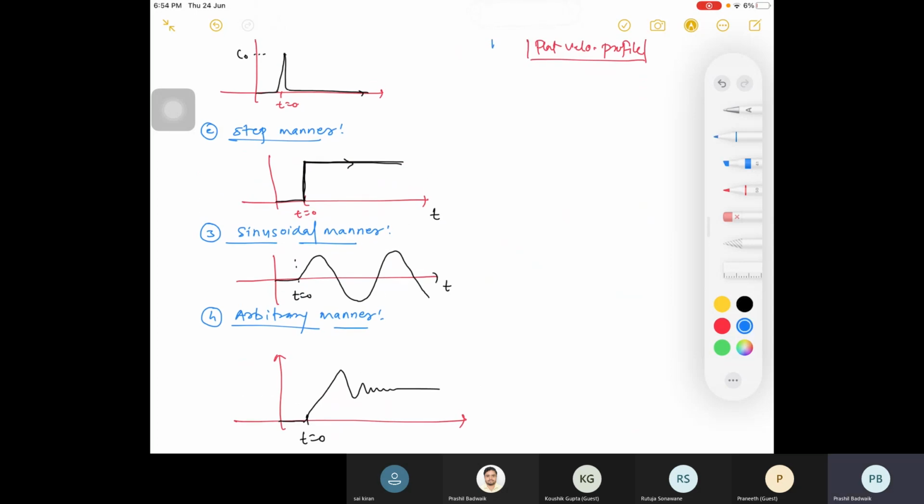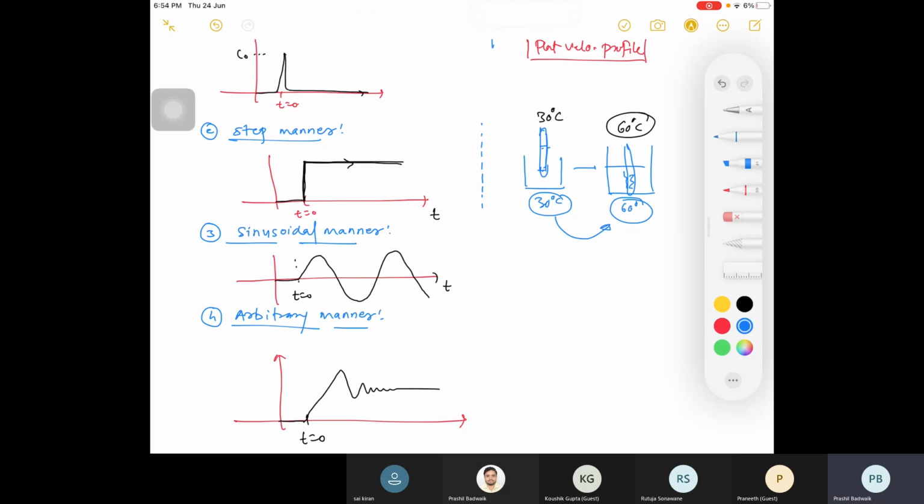Now in step manner, if you want a real life example, I will tell. Suppose this was your beaker. Here the temperature is 30 degrees Celsius. You put in your thermometer, which is showing you 30. Then you suddenly picked up just the thermometer and put it into the 60 degrees Celsius liquid here. So what? There is a step change of 30 degrees Celsius, right? You made a step change of 30 degrees Celsius and now it is showing you 60 degrees Celsius. Initially it was telling you 30, but now it is showing you 60. So in step manner you started increasing. This is an example of step manner.